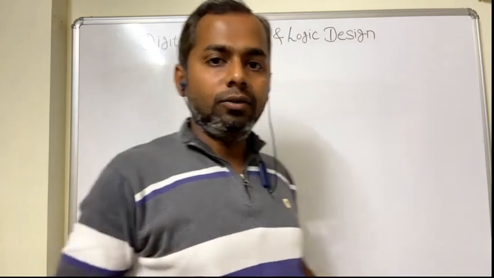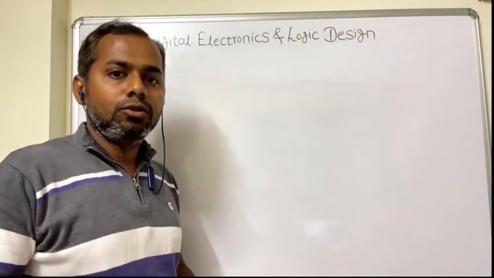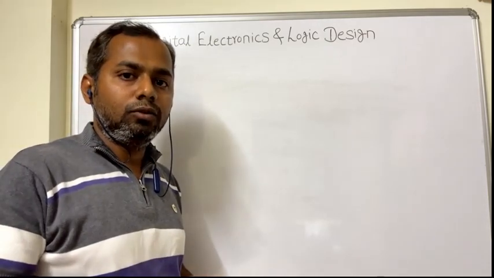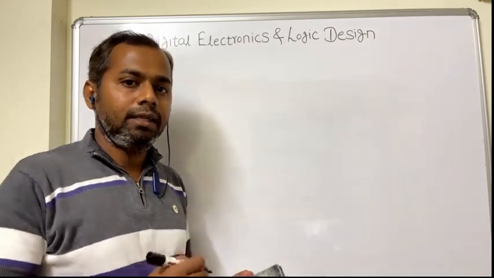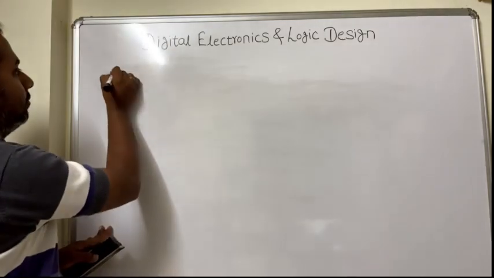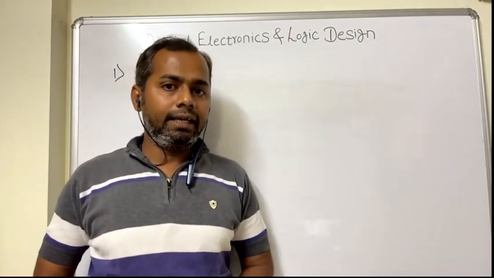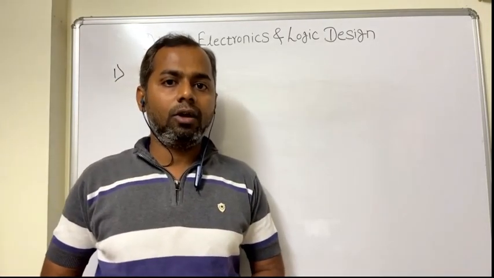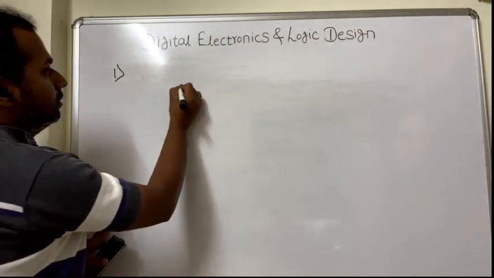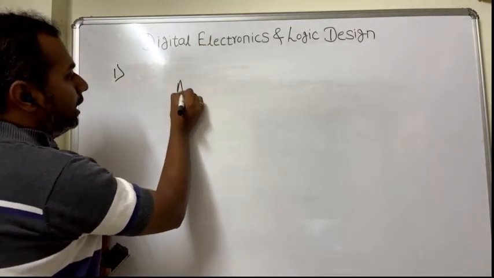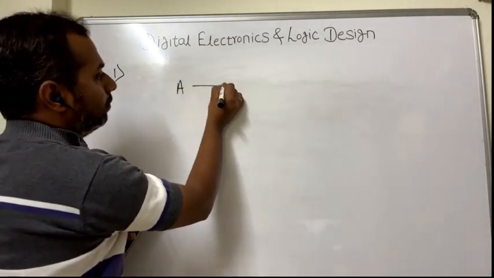So, we will see how to use NAND gate as a universal gate so that we can obtain the truth table or the equation of basic AND, basic OR and basic NOT gate. So let us see first of all the realization of basic AND gate, basic OR gate and basic NOT gate using NAND gate. So here first, suppose we are having one input A, and if I apply